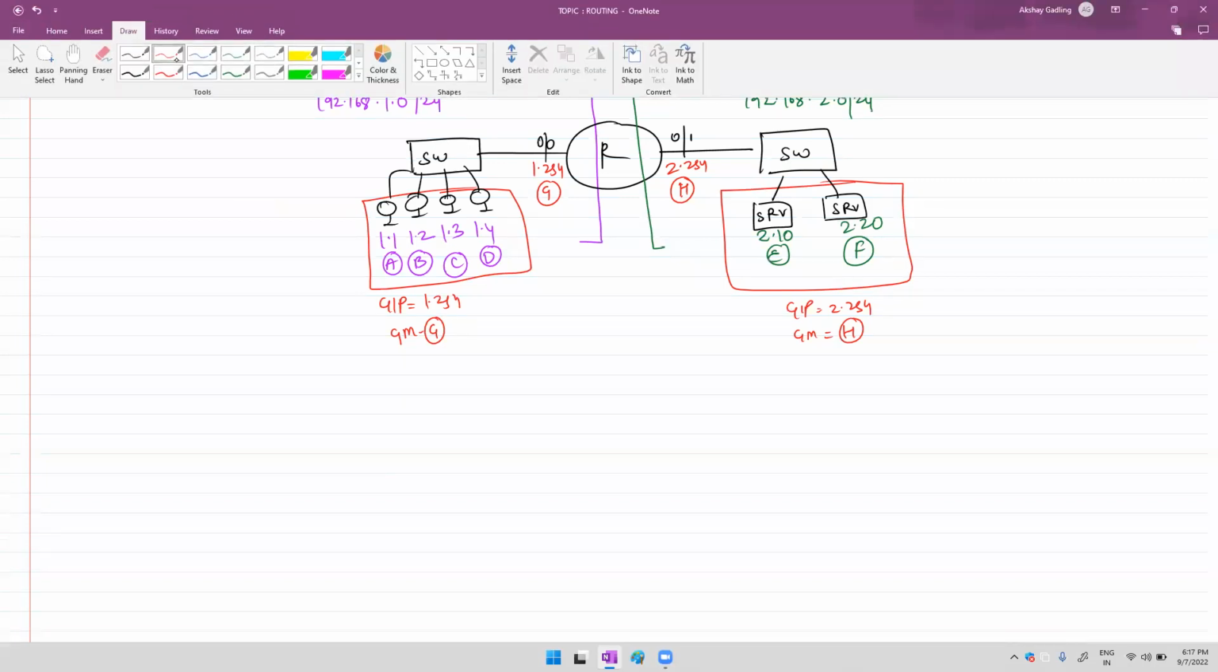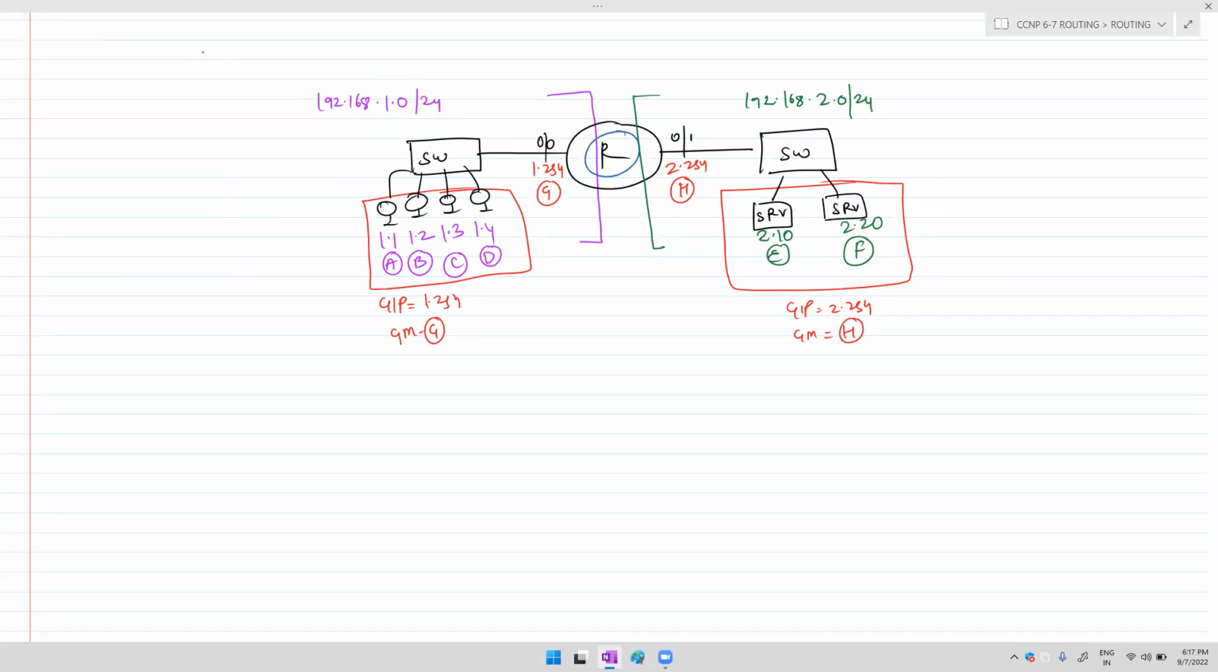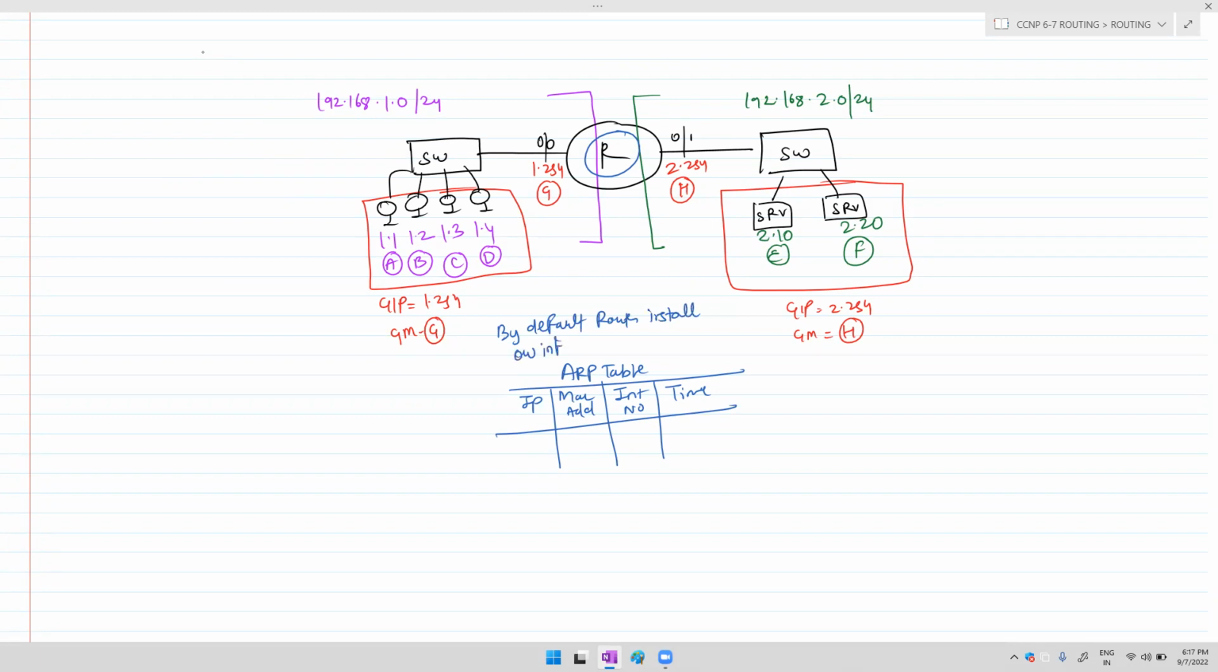We need to check. Basically, this router will maintain two tables. First is the ARP table. So this router will say, I am maintaining the ARP table. Inside the ARP table, this router will maintain IP, MAC address, then interface number, then a defined time. So basically, by default, the router maintains its own interface entries in the ARP table. I will write: by default, the router installs its own interfaces